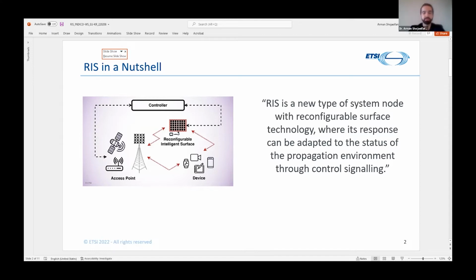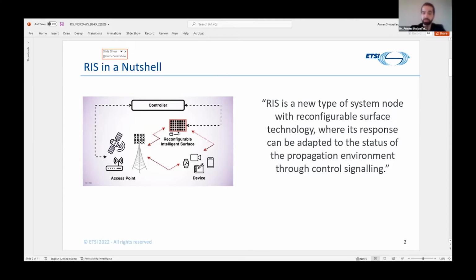An illustrative depiction of RIS is shown on the slide here as a new system node with, for example, a planar structure of certain engineered materials, sitting in between access points and devices, where instructions to the RIS come from a system controller to the chip or microprocessor on the surface.